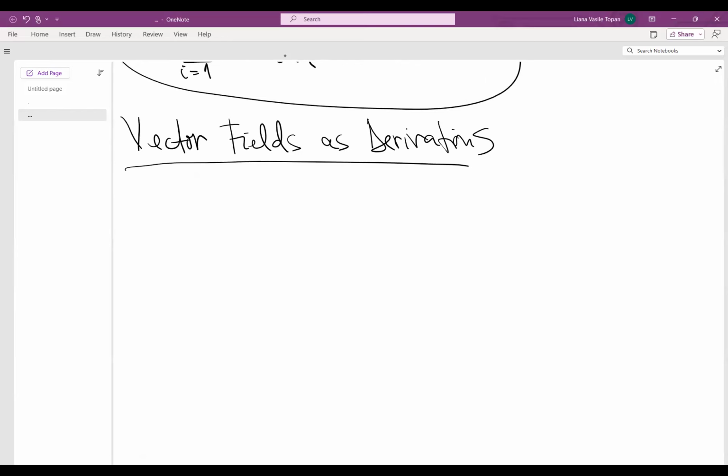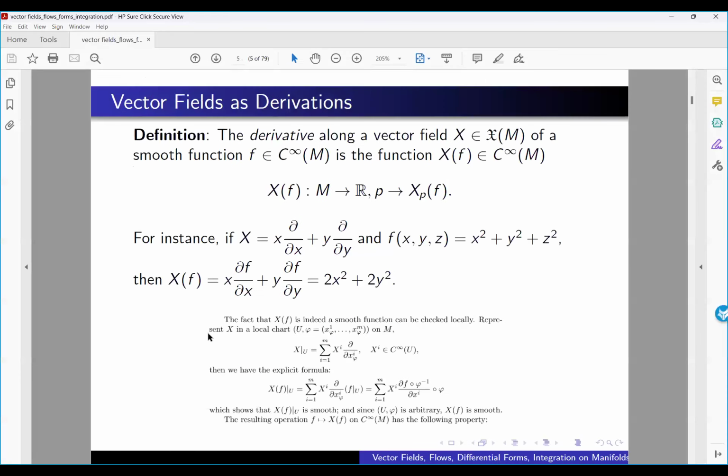Okay, so let me show you here, and then I'm going to come back to, all right, so this is what you've just seen. We are going to take that example afterwards. So you see, we are going to define the derivative along a vector field to be something like this, right? So X(f) is a map defined from M into R in which P goes into X_p(f). Remember that X_p is a tangent vector at P to the manifold M. So it applies on smooth functions defined on M, on elements of this C infinity of M, right?